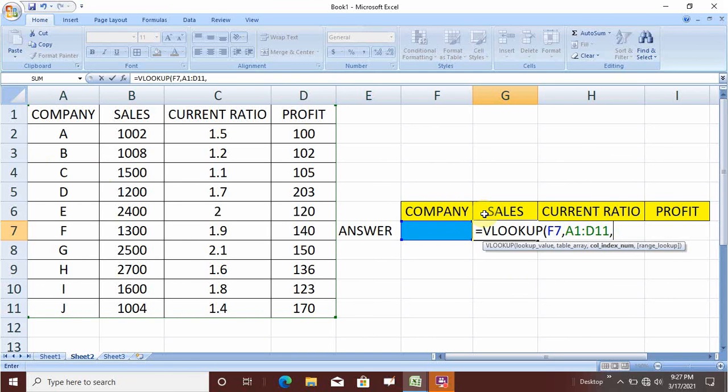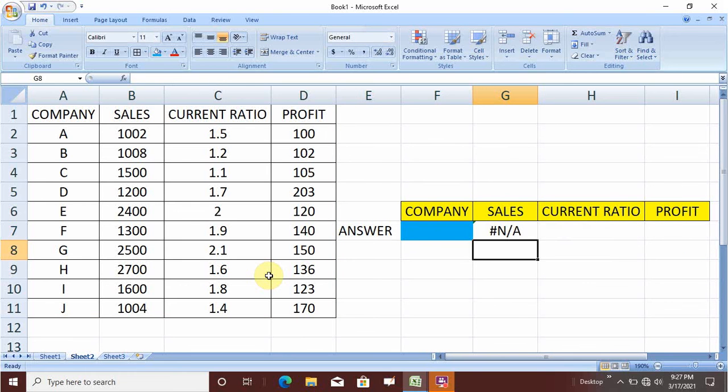Now you see what is the position of cells in this table. So this is your first column, company is the first column, sales is the second column, current ratio is the third column, and profit is the fourth column. So since sales is the second column, you will write 2, and after again comma you put it, and last should always be 0 to find the exact match. So this is one part we have done.